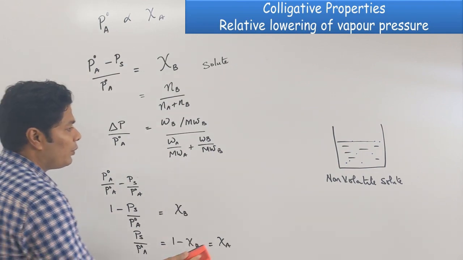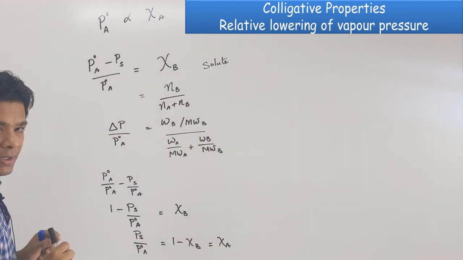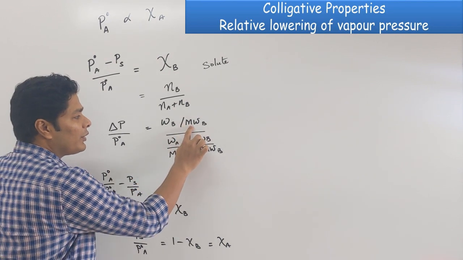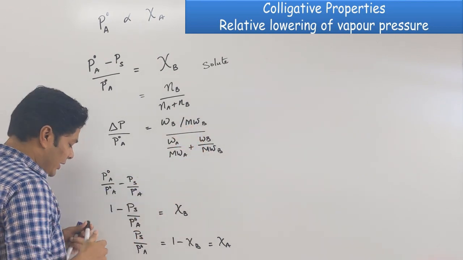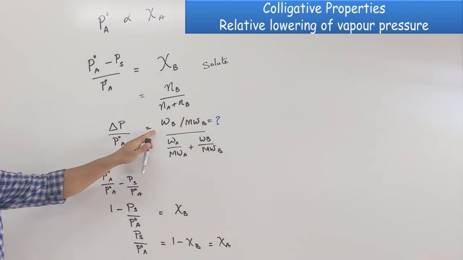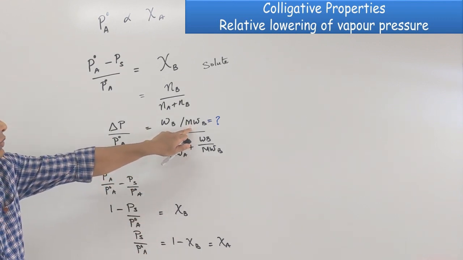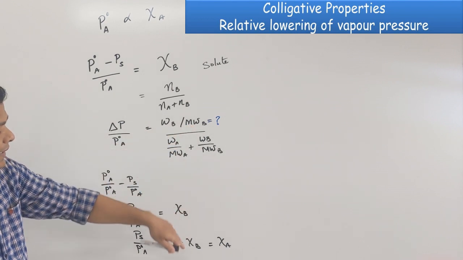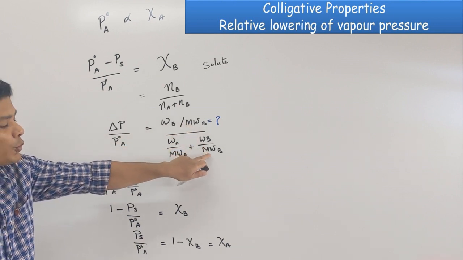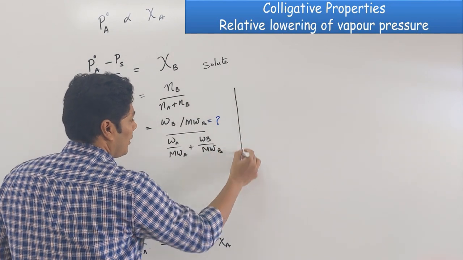The other formula that you want to know: most of the time the pattern of question that you are going to see is straight out of this formula. They'll ask you the molecular weight of solute. This will be the unknown. If this is the unknown, this formula is useless. This is when they are asking something about solution. If they are asking something about solvent, I can use this. If I ask something about solute, I have to figure it out. But the problem with this formula is I have the unknown in two different places. So what we can do is rearrange the formula.